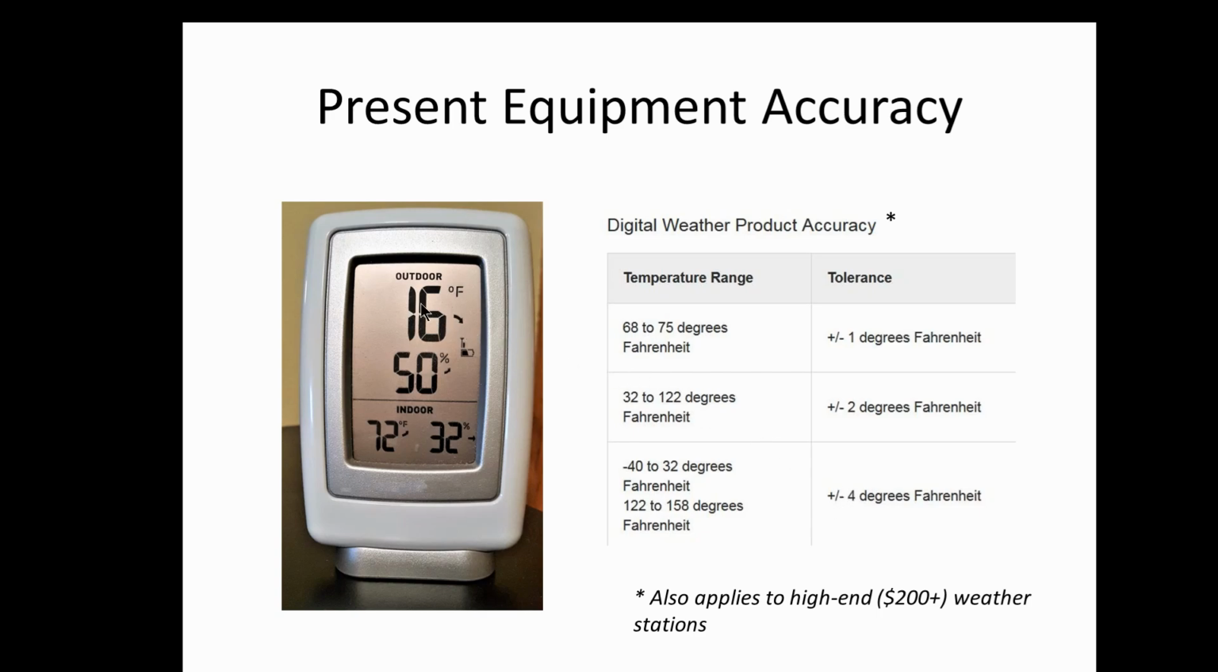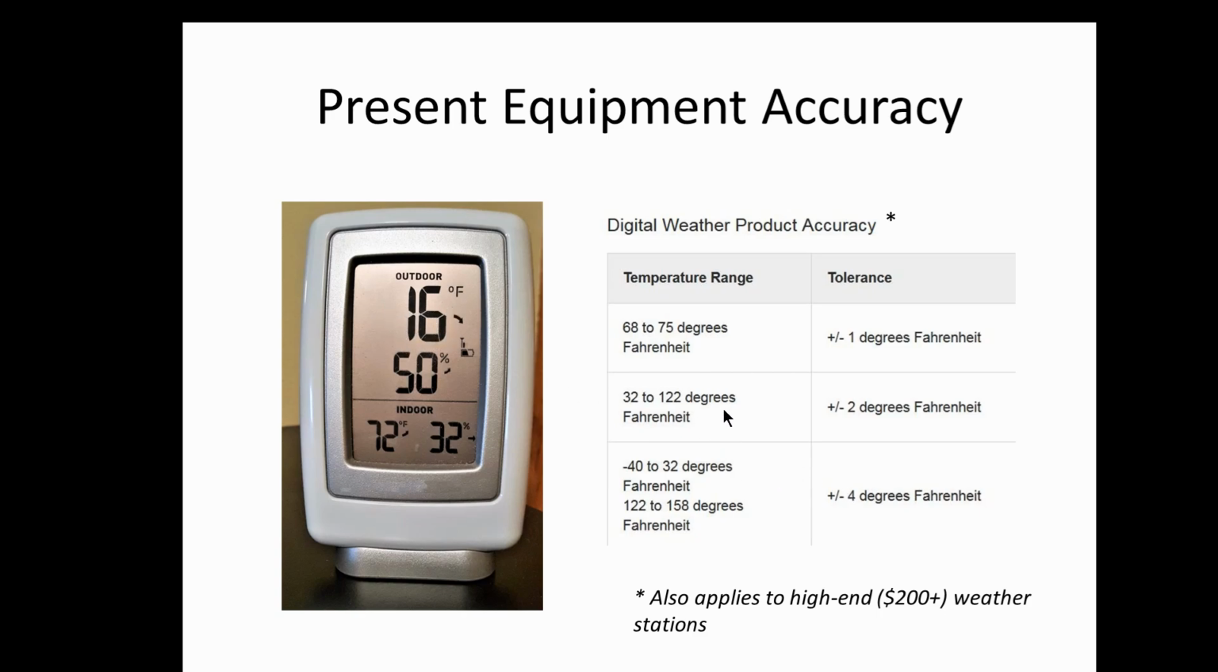So if it's 16 degrees out as it's measured here, that fits down here in the plus or minus 4 degrees Fahrenheit. So this 16 is plus or minus 4 degrees Fahrenheit. So it could be 20 degrees actually, or it could be 12 degrees. Or somewhere in between. So it could be anywhere between 12 and 20, but we don't know because it's just